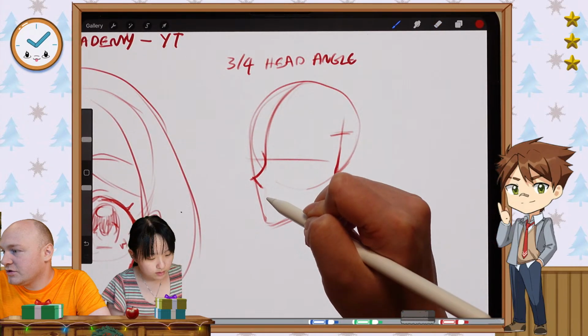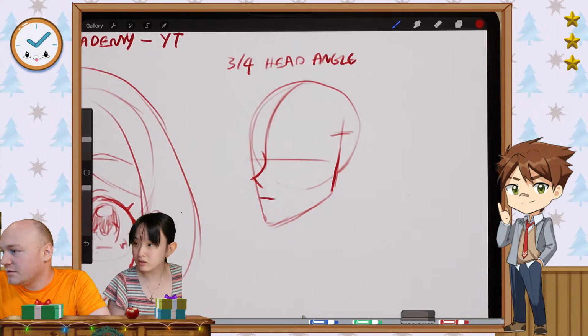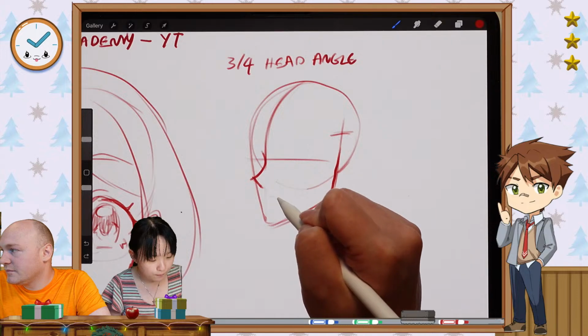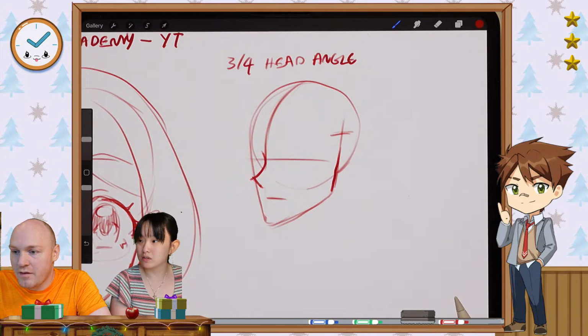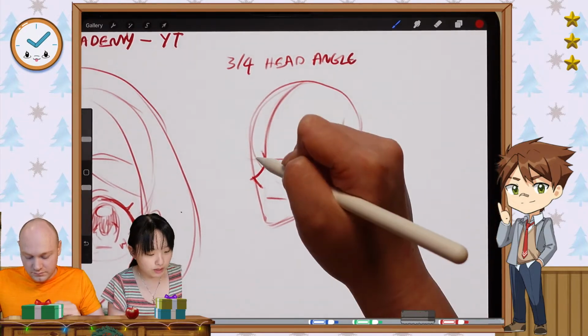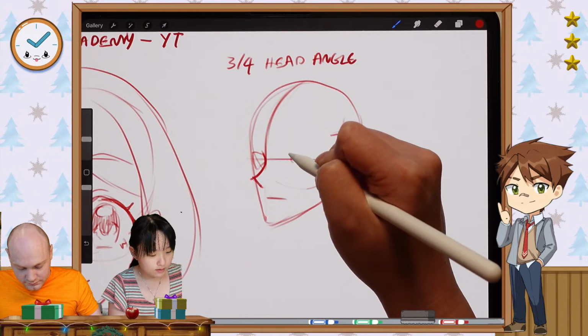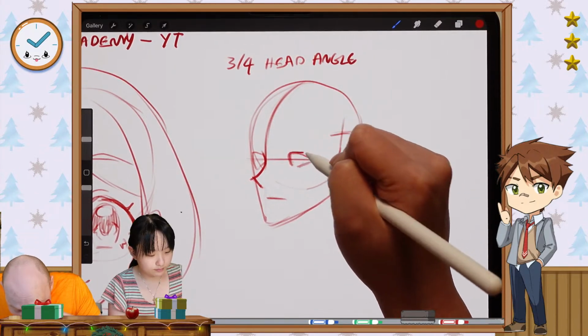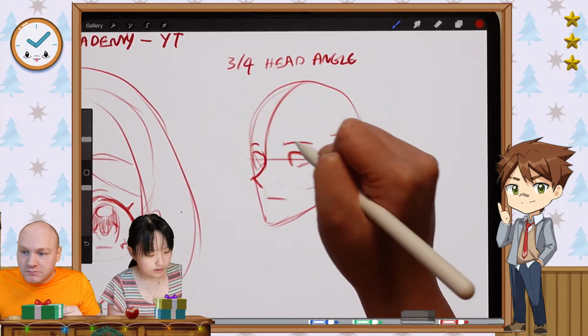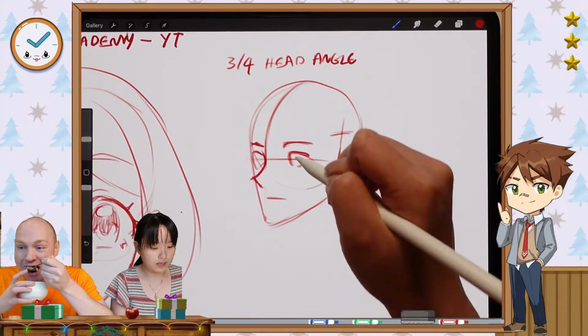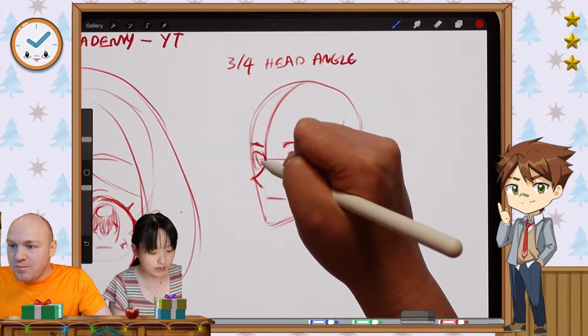Mouth, usually people think that it's actually here, but that tends to make the mouth look really pushed out, so I would actually move it back in towards the face, and it looks more natural that way. And then there's your eyes. And there's your eyebrows. So that's how I would do a 3/4 face. That looks pretty natural.